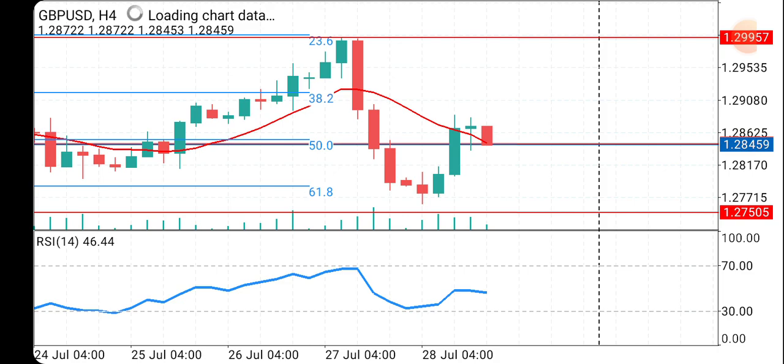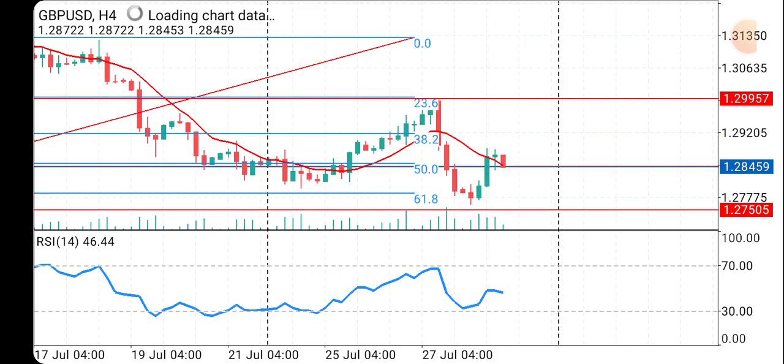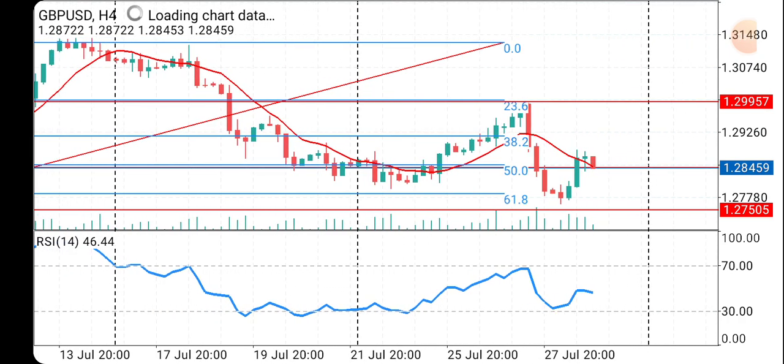So when you go over to the 4-hour time frame, this is what you are going to have, guys. This is the swing point that the market is going to be respecting, the swing point that the market is going to be following,